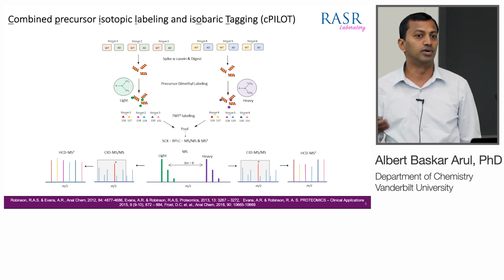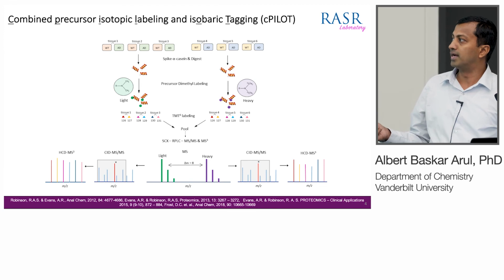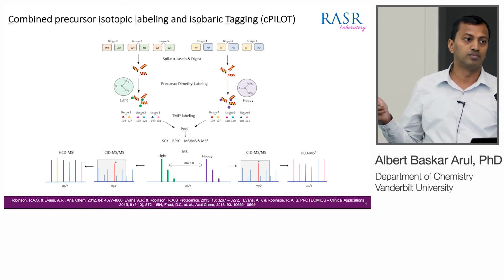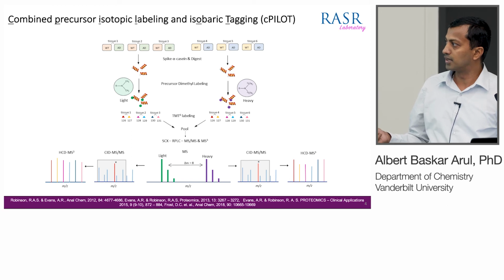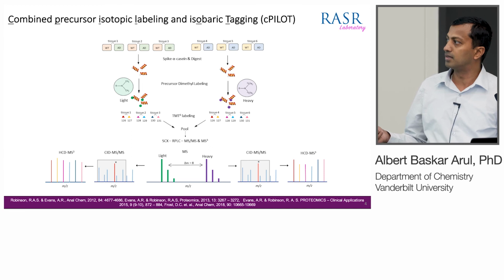What happens is that you are incorporating a heavy molecule in the dimethyl group, and there is a shift of 8 Daltons between these two peptides. Again, all these 6 samples are labeled with the TMT. Then we pool all these 12 samples together and analyze them using a mass spectrometer. This shows an example of the light and heavy peak pair of a peptide, and the mass spectrometer selects these peaks and fragments them into an MS/MS spectrum, and the most intense peaks are further fragmented to get the reporter ions.